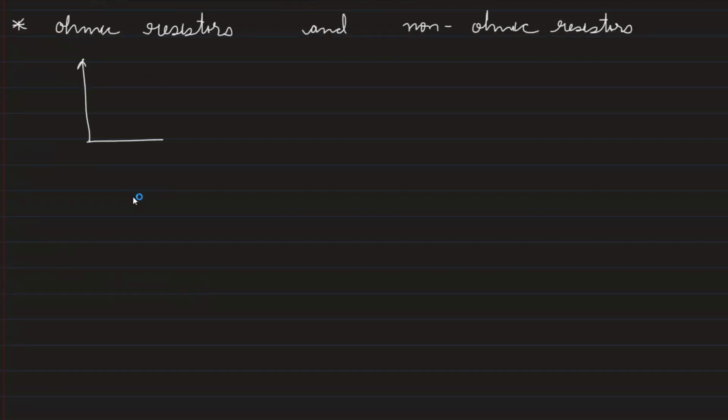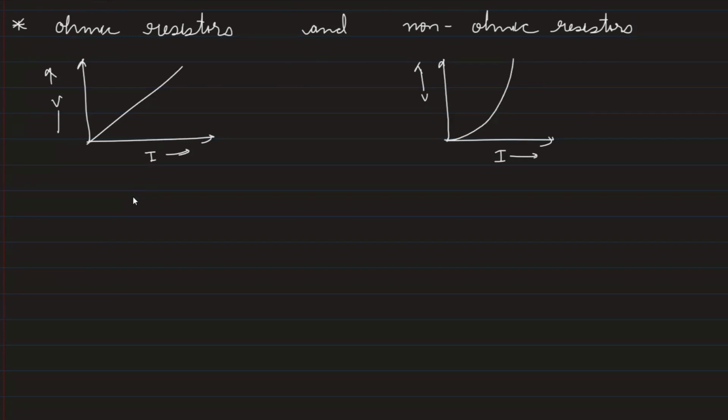So for an ohmic resistor, the VI graph is a straight line. For a non-ohmic resistor, the VI graph is a curved line. Okay, so that is not a straight line, but it is a curved line. So what you need to remember is there are certain diagrams given in the book, which are not so much a part of your syllabus, but again, from your school exam point of view, I'm saying. So this is